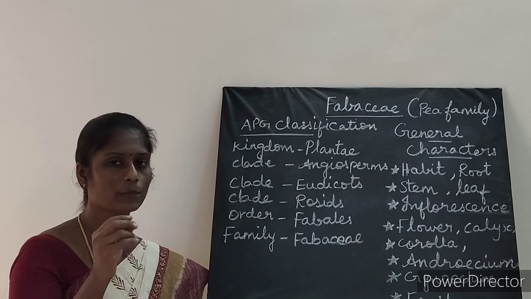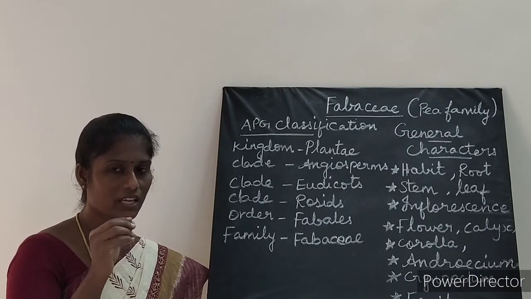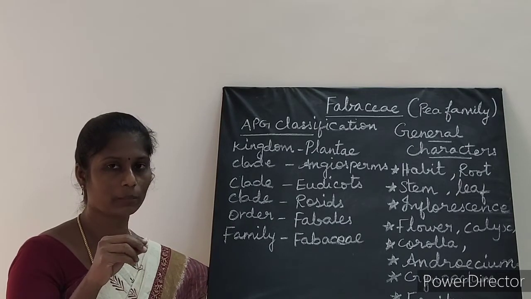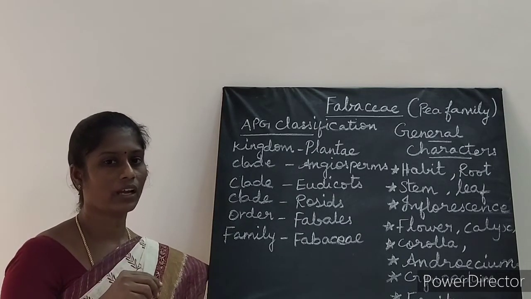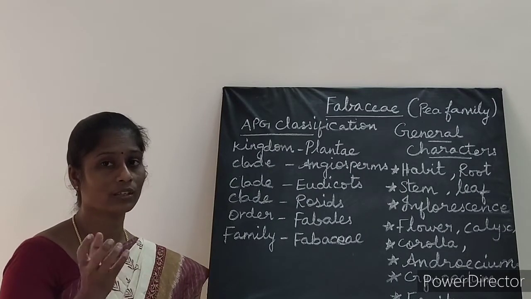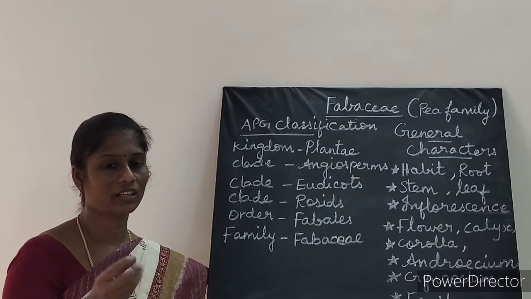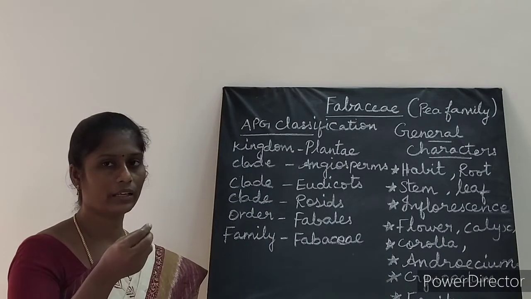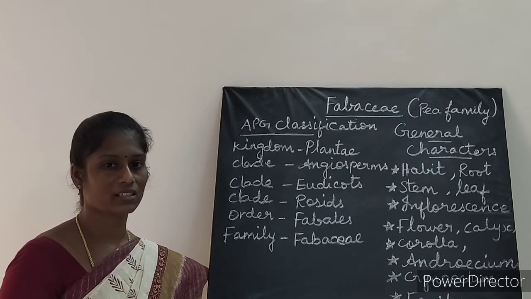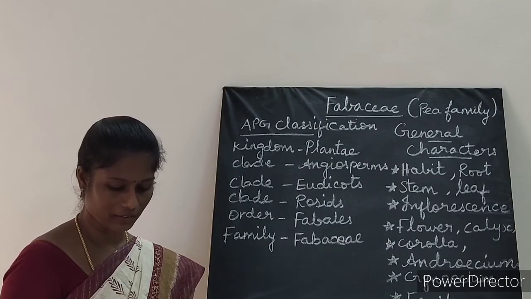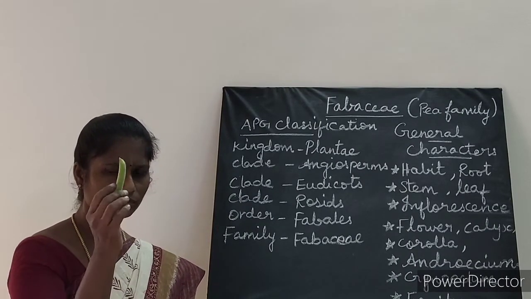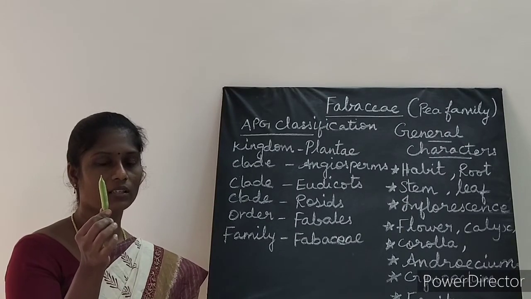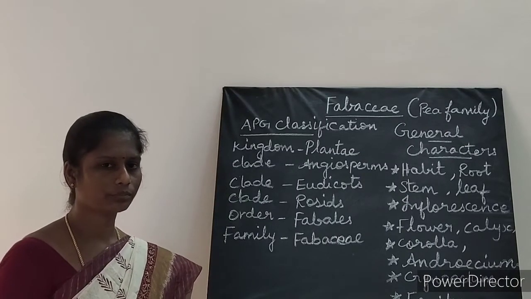Leaf base it has pulvinate. Leaf base is thick, swollen. So if it is present like that, it is called what? Pulvinate. And then it is reticulate venation, network like structure. Veins are present in a network like structure. And here terminal leaf end modifies into tendril like structure, as in Pisum sativum. In the pea it is there. So in this family there is a tendril like structure present at the end of the leaf.